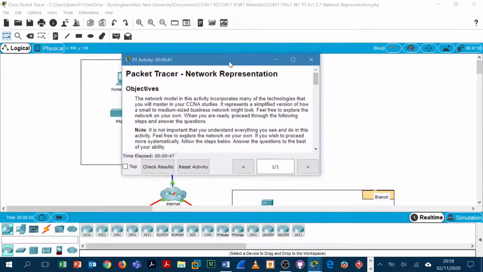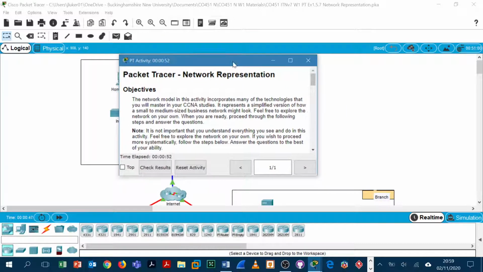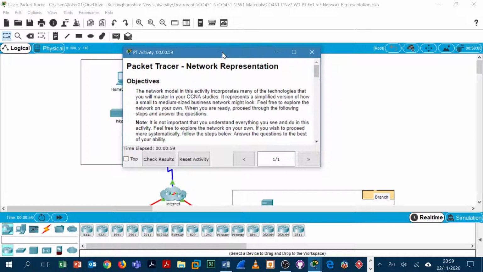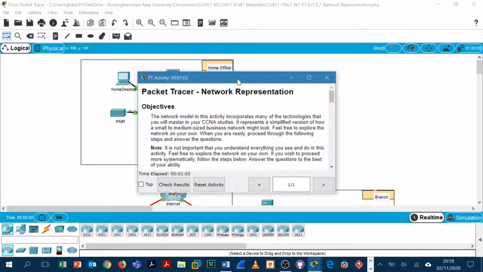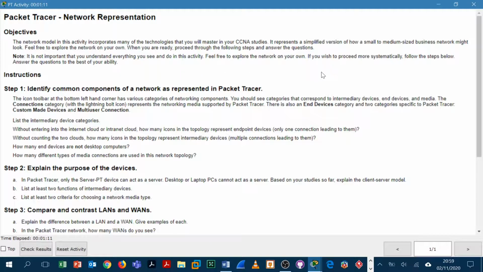The other main window that comes up is the actual Packet Tracer exercise itself. So these are the instructions for the Packet Tracer. You can minimize these. You could even click on the close, but it will just minimize it. So it won't actually remove it even if you close it. It will still stay minimized on your desktop. And this goes with the file. So it's just the instructions for what you need to do for the activity. So what I normally would do is just simply maximize that window first